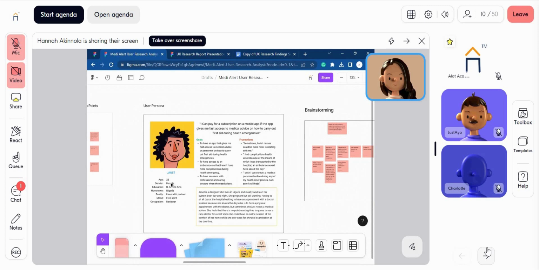Janet is 28 years old. How do you get the age? Well, you can check that from the response you get. Maybe you ask for your participants' age, and then you realize that there are some people whose age ranges from 20 to 40. Now the average is 30, that's the middle of the road. So you can say your user persona's age is 30,